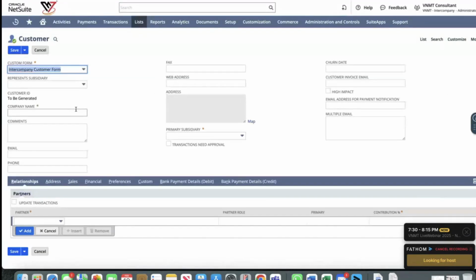Once you have set up your intercompany, a new form would be added to your customers and your vendors, called the intercompany customer form. You create a new customer, put a name as ICC, which stands for intercompany customer, for subsidiary Australia. Primary subsidiary is the subsidiary that you want this customer to belong to, where I would select Australia